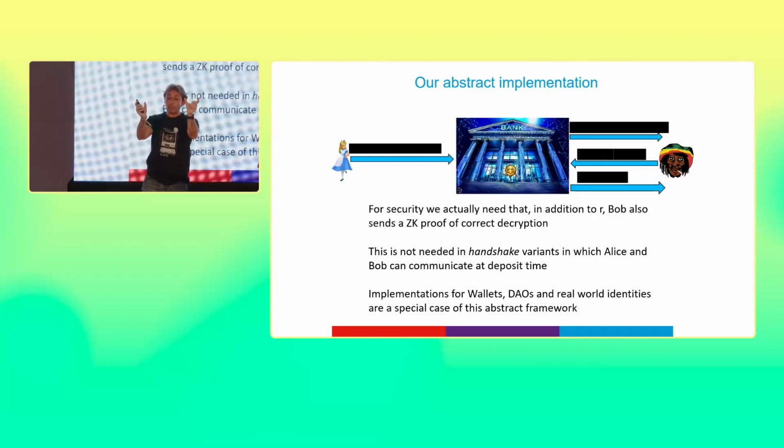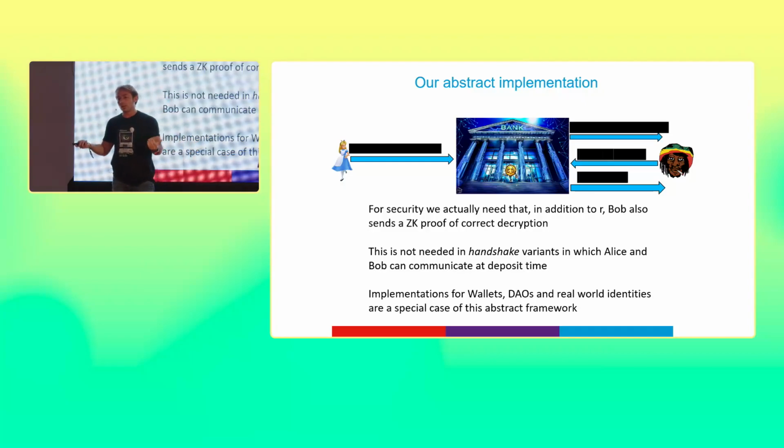So Bob has some secret to decrypt the ciphertext. In the case of a Bitcoin public key, it will be the Bitcoin secret key. In the case of the identity, the legal identity network will be used to get the token to decrypt this ciphertext. So we have this random value R. Since the hash of this random value is on chain, Bob can send this pre-image to the smart contract to prove that he can withdraw and will receive the funds.